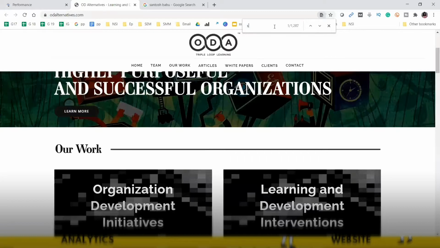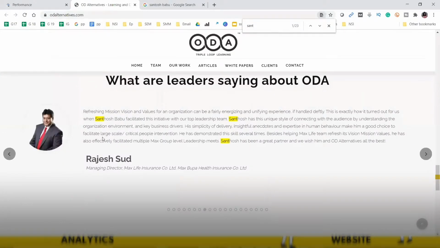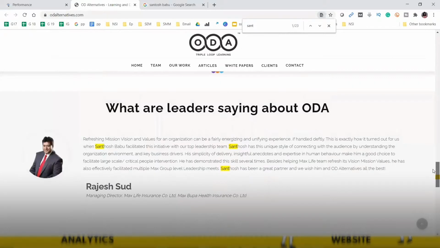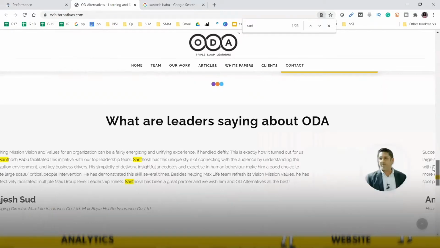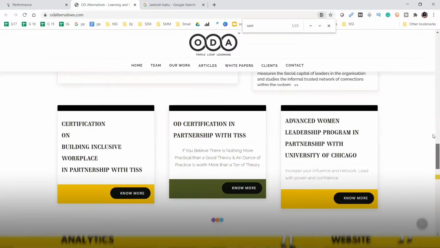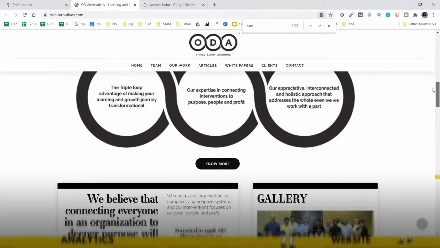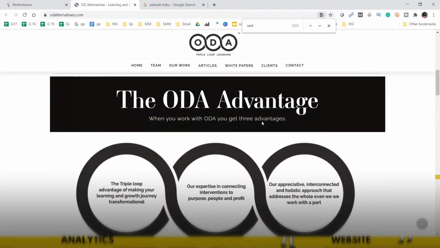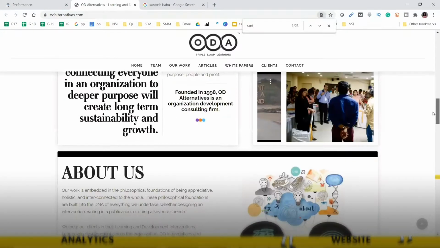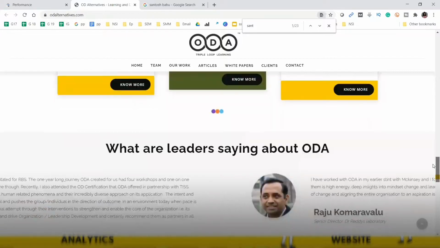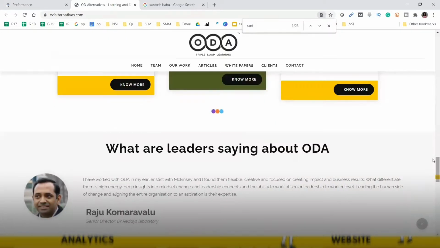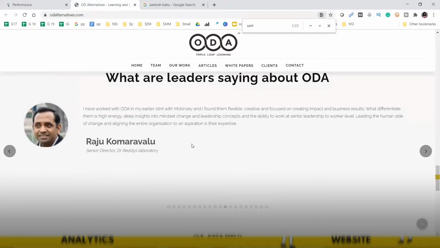Okay, I can't spot. Yeah, so here in a testimonial, the name is appearing. So see, this is a very easy to solve problem, because if I have to increase the keyword density, which means I want to increase the number of times the keyword is appearing on this page, I can easily do it, because it's only present down below on the page, only in the testimonial.